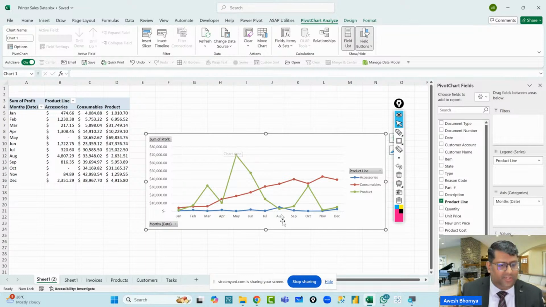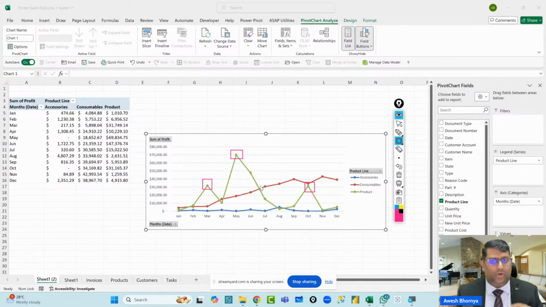So we have now realized that this is the pattern in terms of the buying patterns. You can see that in terms of products, there are three peaks being formed. Basically, there are three times of the year when product sales happen, and the main peak is in the month of May.